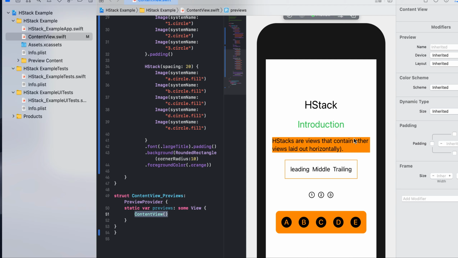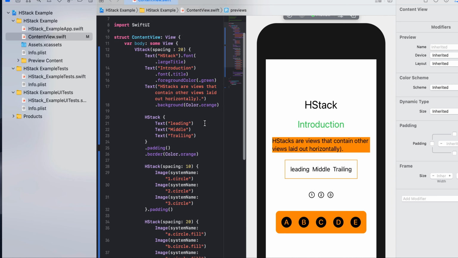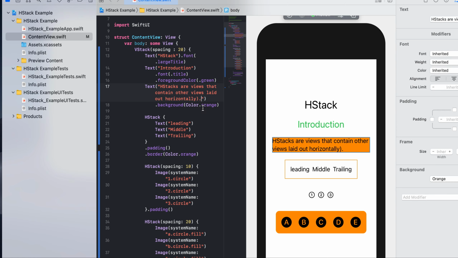So you can see that HStack is there, and then you have the introduction. Then you have the HStack: views that contain other views horizontally. I don't know why there is a brace. Let's see. It's unnecessary.